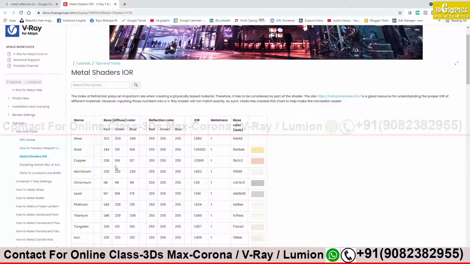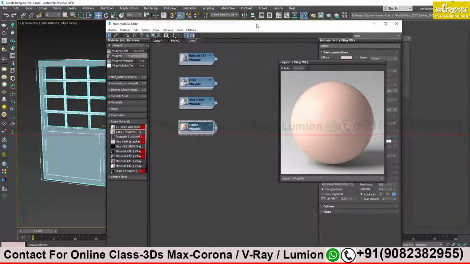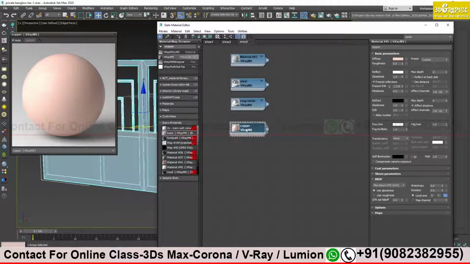Okay, so as per over here, it's given the copper value we have assigned. You can see the computer screen. Whatever the base color is given, whatever the reflection value is given, we have given over here. I'm not very satisfied with that. I've done this before also. See, this is the result I'm getting. Interference reflection is given, and the base color is also given.